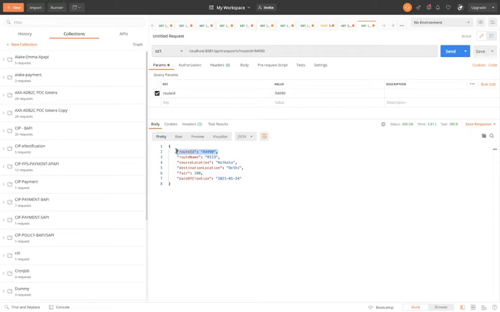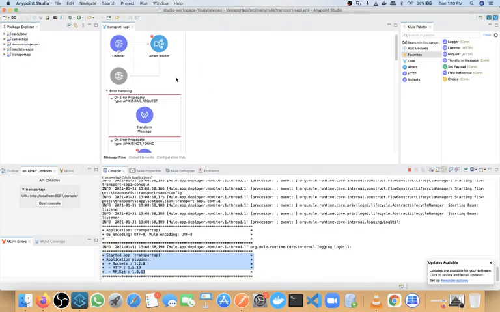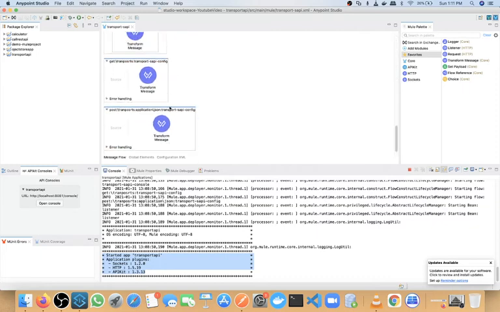Actually, I am not going to create any complex application for now. I have created a very basic application, and I am trying to explain what default components you will get when you create any mule application using YAML file. Okay, so one by one we'll see. Again, we will get HTTP listener, we will get API kit router. This API kit router is responsible to do all kinds of validation and verification of our YAML. Whatever request this API kit router gets, based on the request it will check our YAML file